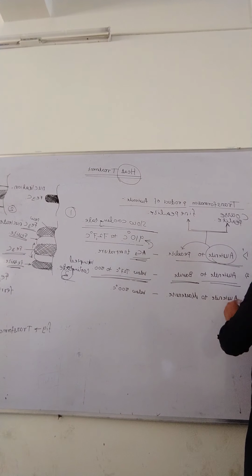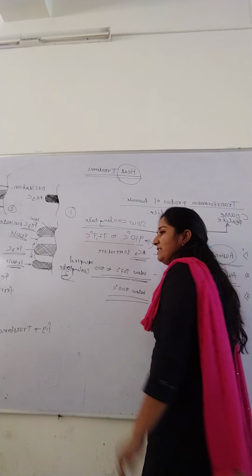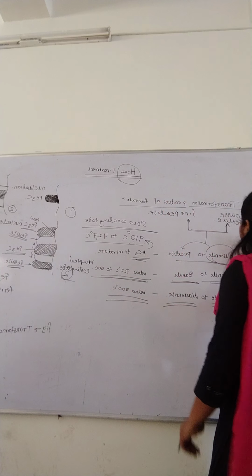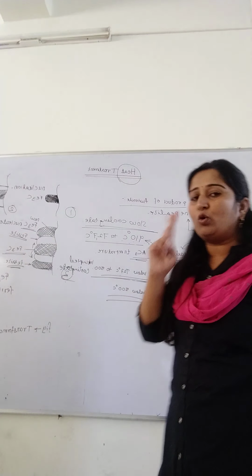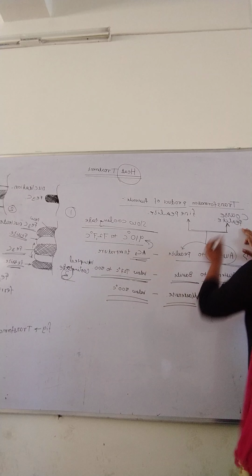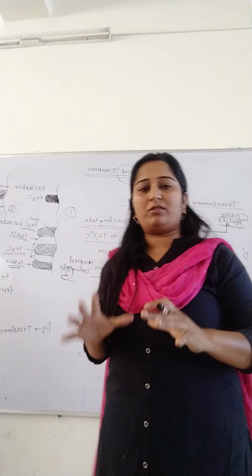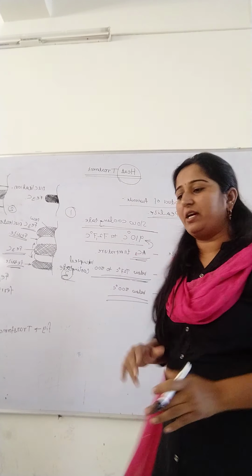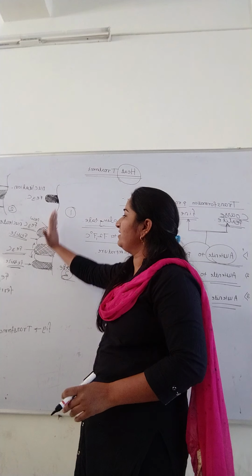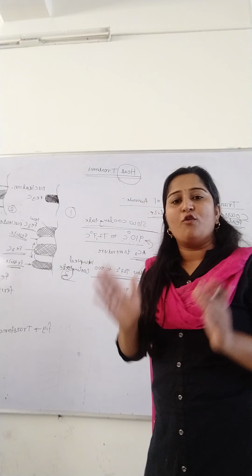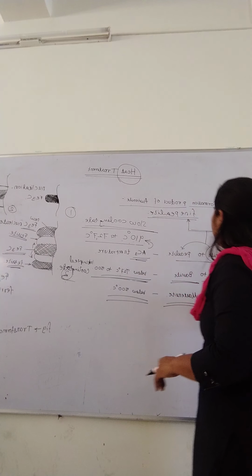And the third, austenite to martensite transformation, happens below 500 degrees Celsius. If we come back to point number 1, the austenite to pearlite transformation gives two types of pearlite, coarse pearlite and fine pearlite. It shows in the microstructure. We cannot draw the diagram here. Where the colony of ferrite and cementite is closer, it is called fine pearlite, and where it is sparser, it is called coarse pearlite.